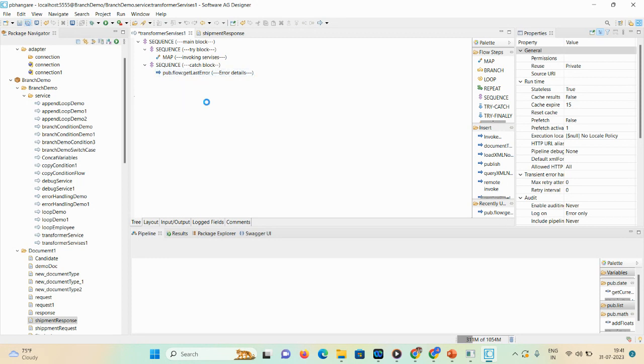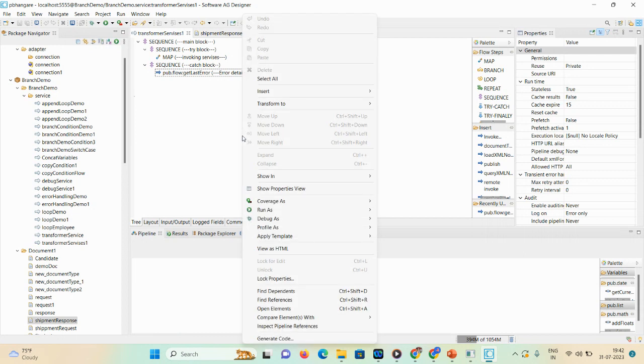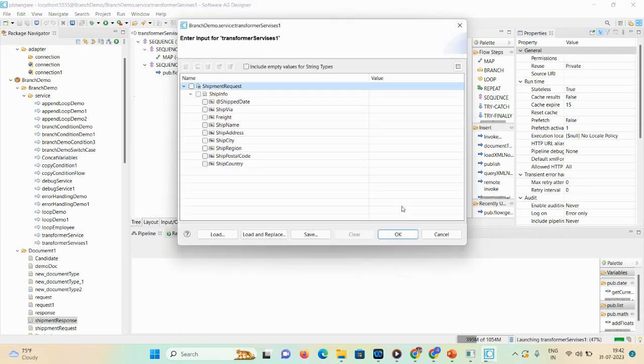Okay. So I'll just save the demo and click on empty space and run as a flow service. So here, shipment date I don't require because I didn't map it in the input service. So first I require this one, shipment via, you can say, main highway. In freight you can say yes, it's loaded. Shipment name, file, shipment address, Bombay,